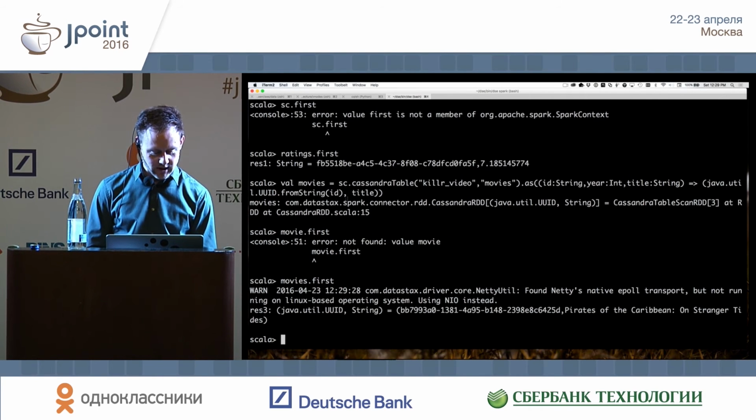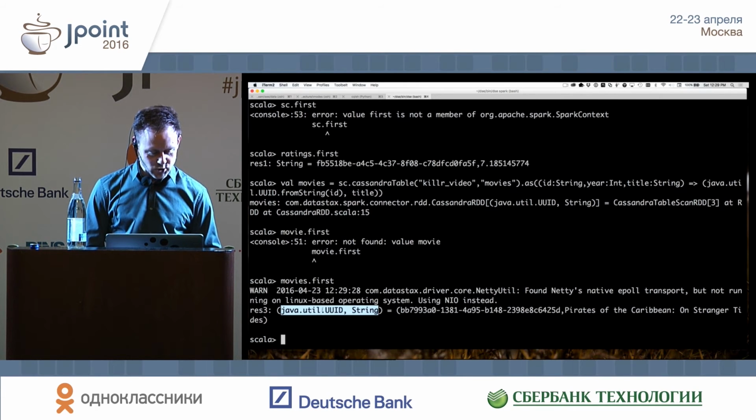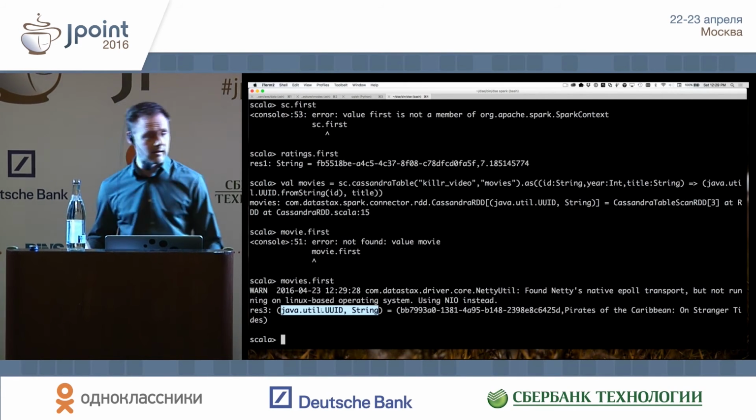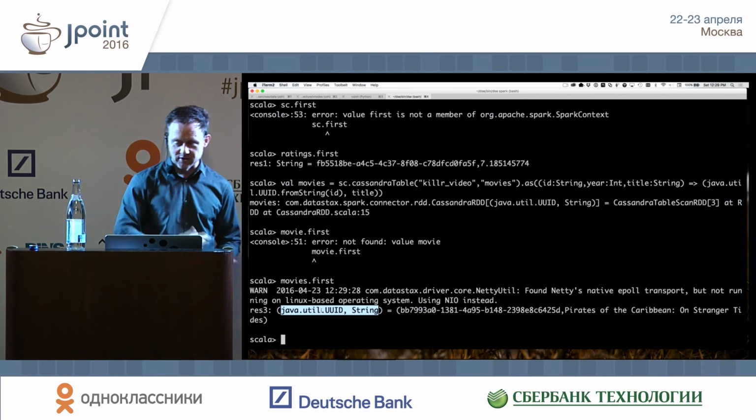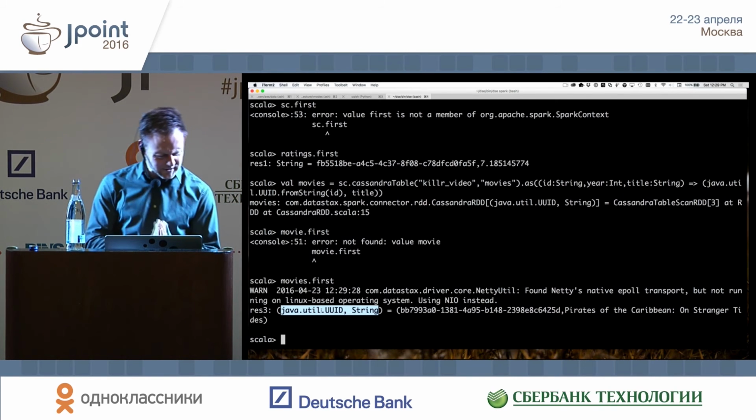Pay no attention to that warning. Our hero did, in fact, get that right. So now we have a tuple that's a UUID and a string. Good news, okay? Pirates of the Caribbean was the first thing. So I've got